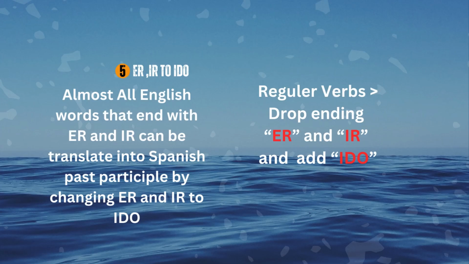Almost all English words that end with ER and IR can be translated into Spanish past participle by changing ER and IR to IDO. For example, bebido, comprendido, and sentido, regular verbs, drop ending ER and